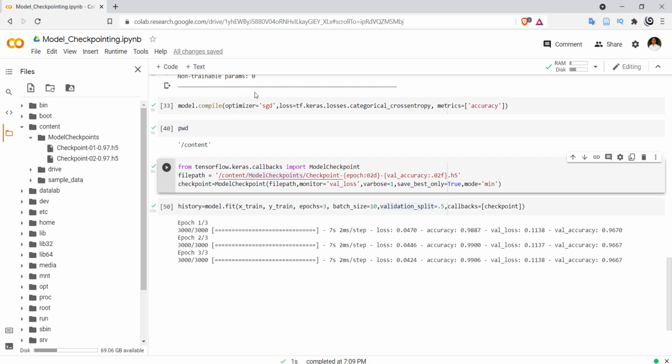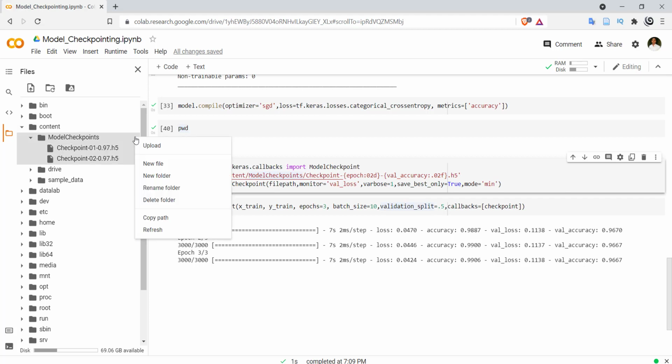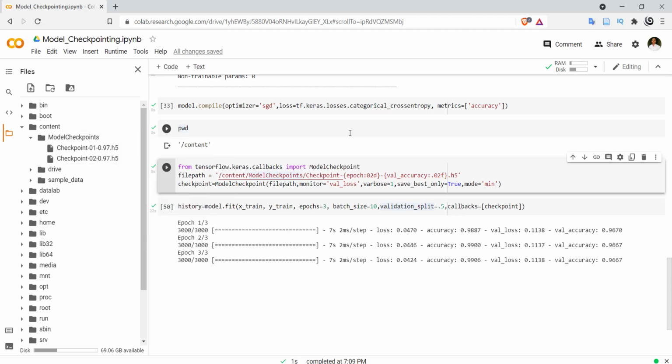This is how we can create model checkpoints in Google Colab. You can download that folder, and after downloading you can upload it on Google. This is all about the model checkpoint. Thank you for watching the video.